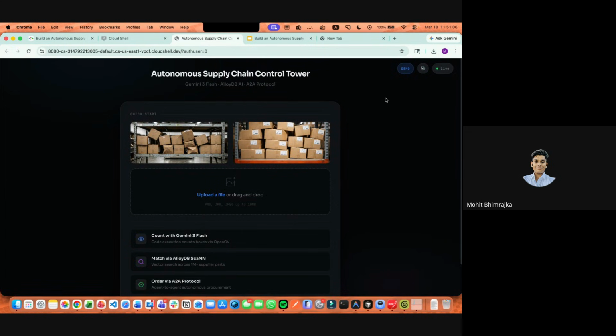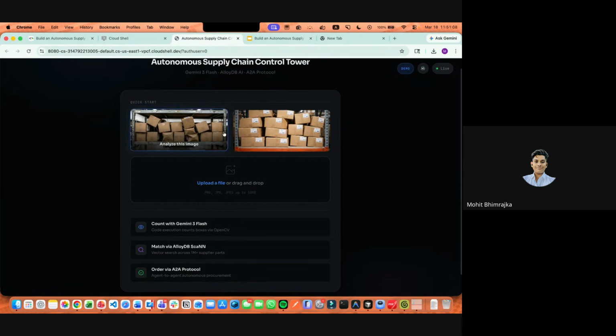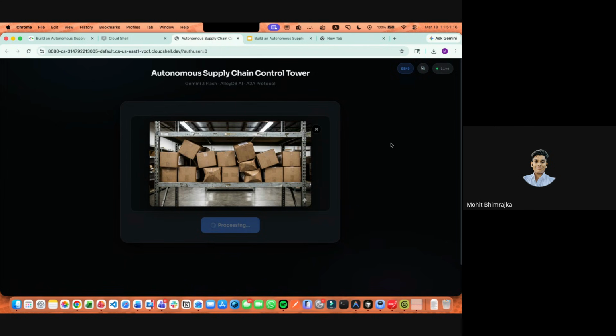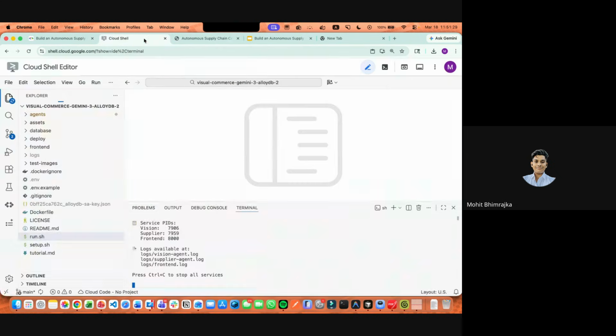Once all of you are able to open this screen, we've given you some quick images to test out. So you can just go ahead and test out any one of these images, just click on them. And what the agent will actually do is the agent will go ahead and start scanning this image for how many boxes are inside of it, right? I will again repeat how to test this. So what you actually do is, once you've completed all the steps,